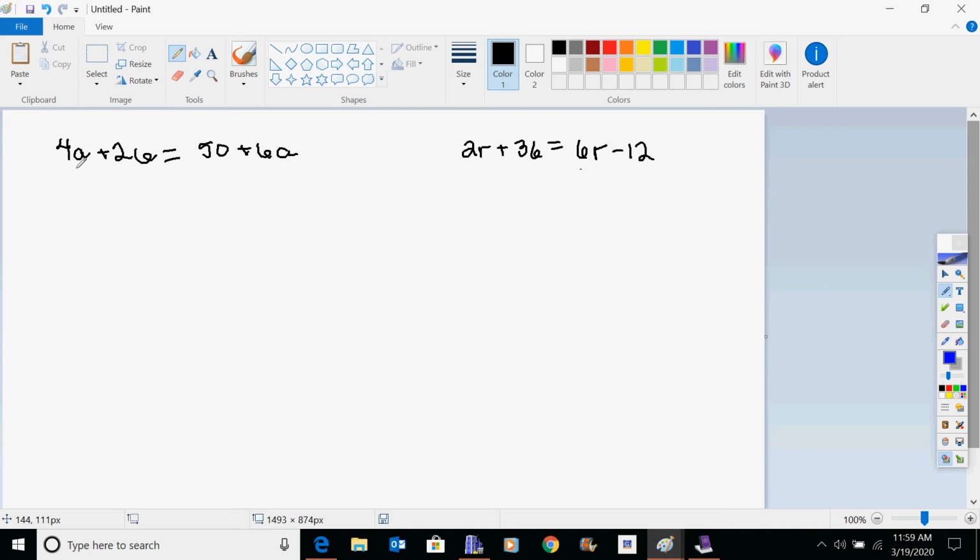So you have 4a plus 26 equals 50 plus 6a, and you want to get the variable by itself. So we start off by either taking away the 6a or taking away the 4a, just so that you're not having a variable on both sides. 4a minus 6a gives you negative 2a, as you know. We still have a 26 to bring down, and then we have 50